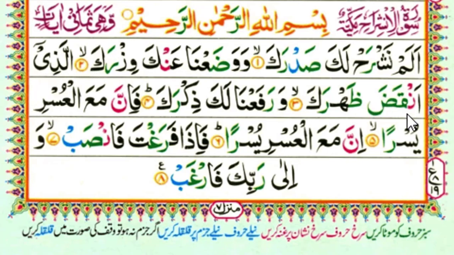Alladhi anqadha dhahrak. Dha we read also in heavy sound. On the ha we make again hams quality, like the continuation of our breath. And as we say dha, look, the breath is continuing dha. And on the ra we read heavy sound. Again on the kaf we stop and we make shidda and hams quality also. So we say dhahrak. Now we say all together